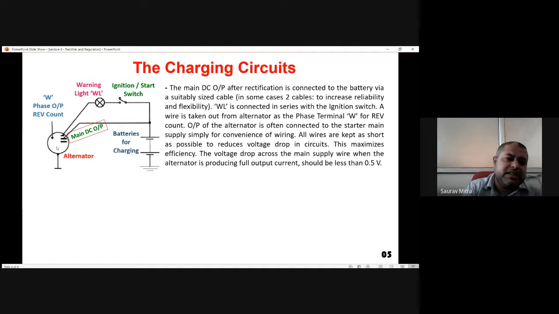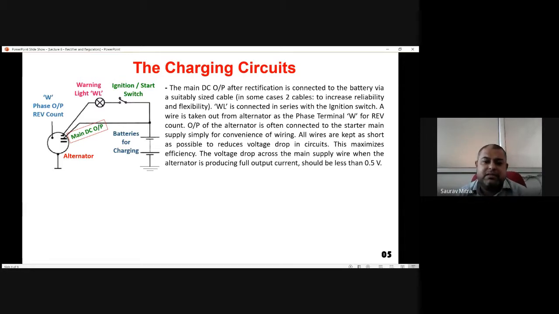In some cases there are two wires which are connected from the DC output of the alternator to the battery. Okay, so this is the main DC output, and this is actually going to the WL warning light, and the ignition or start switch comes in series with that. Okay, and this is the W phase output from the alternator. This is for the rev count. So what is said is the main DC output after rectification is connected to the battery